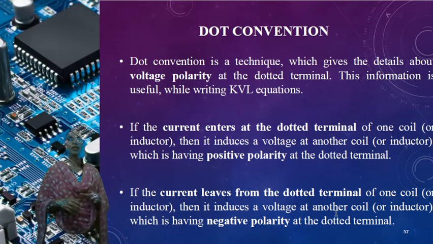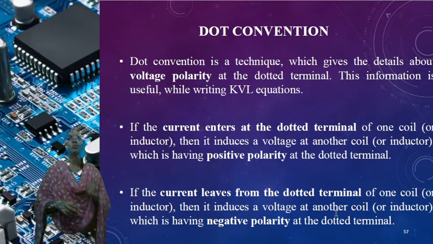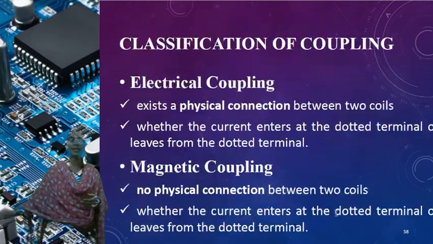Once again, the dot convention is nothing but we take the positive value whenever the current direction and the dot are both matched. If the current direction enters into the coil and after that we have a dot, then that value we are going to take as negative.